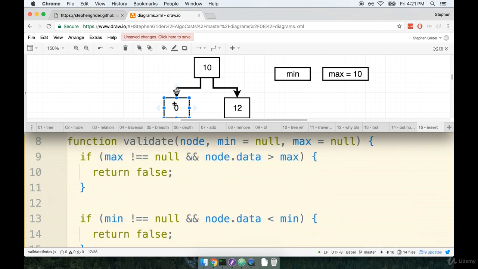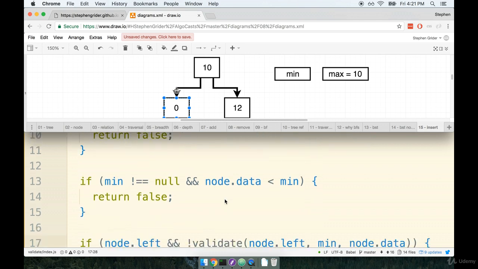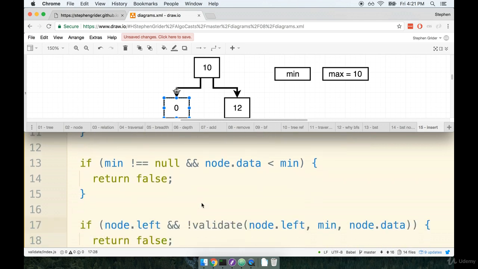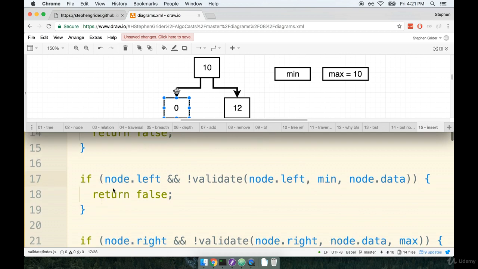So we now have node 0, min is still null, but max is 10. So at this point, max is no longer null. So we say, is node.data greater than max, or greater than 10? For node 0 right here, no, that's not true. So we do not try to enter the return false case. Min is still equal to null, so we skip past that if statement, and then we come down to these